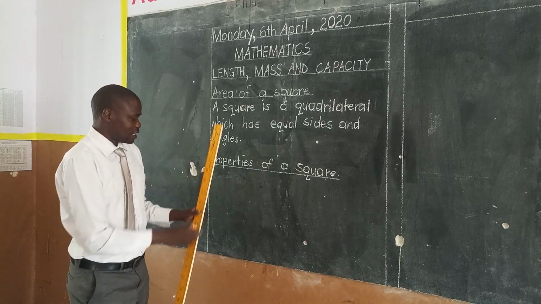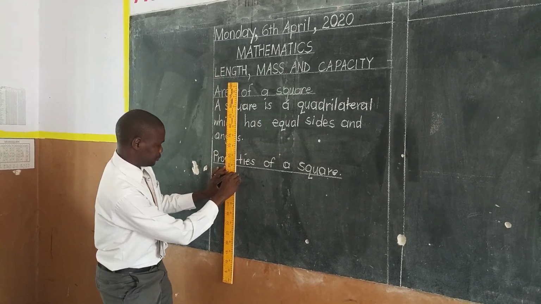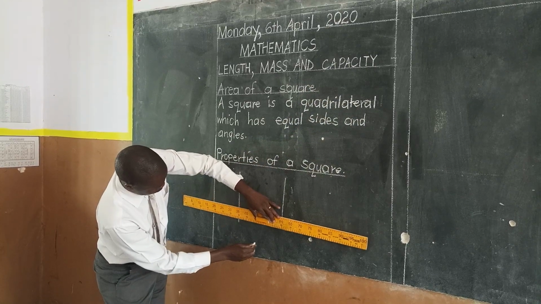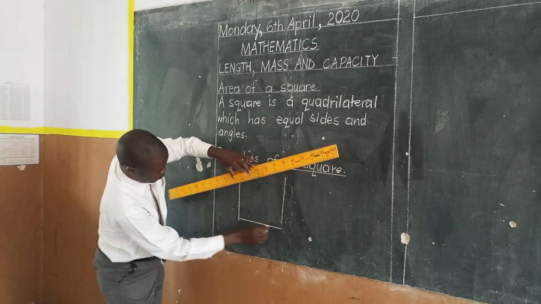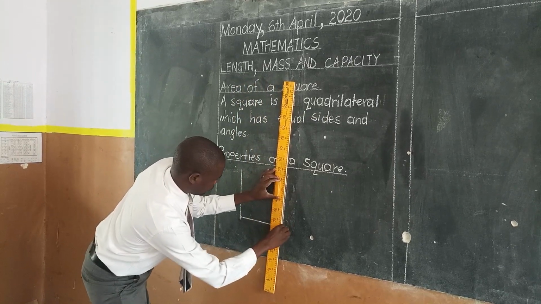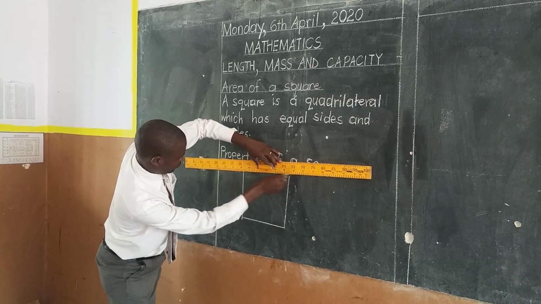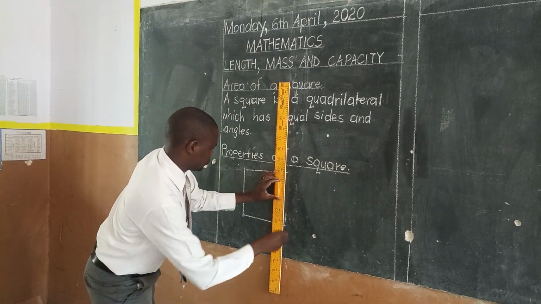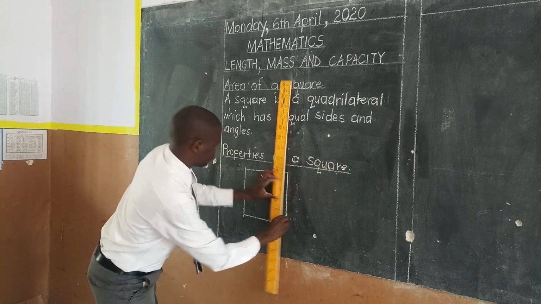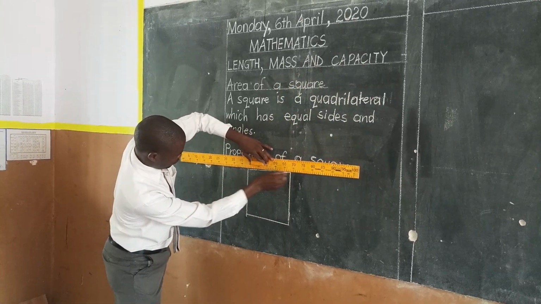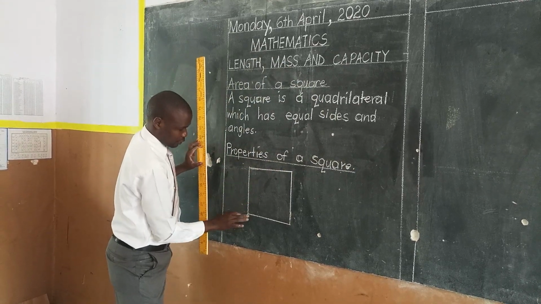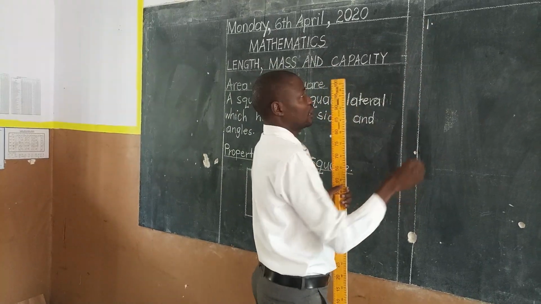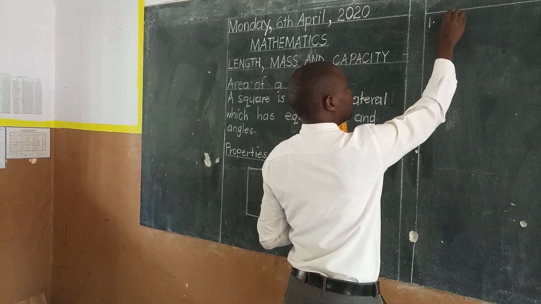So when we are going to talk about that, let's also have a square drawn. So I've said our property number one, a square has four